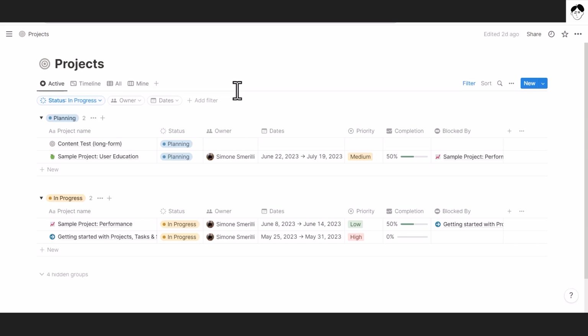So in this video, we are exploring exactly what relations and rollups are in the context of Notion, what the concept behind them is, and how you can implement them within Notion itself. And if you understand how to implement relations and rollups within Notion, you will also understand how to implement them in other similar tools such as Airtable or Coda, or any tool where you can build tables that have